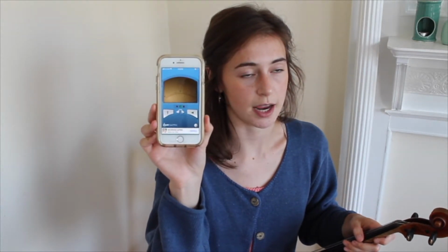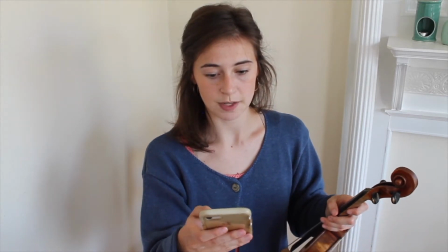I have one that I'll be using today that's called Tuner Lite, and it looks like this. As you can see, there's a sort of dashboard with a needle that toggles back and forth and a couple guiding lights, okay? In order for a string to register in tune, we want the needle to be straight up and down, vertical, not leaning to either side, and the light should turn green,